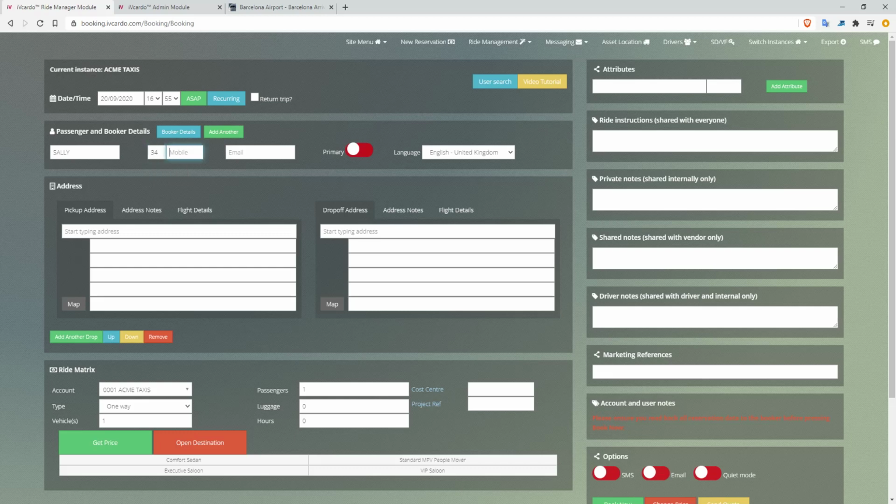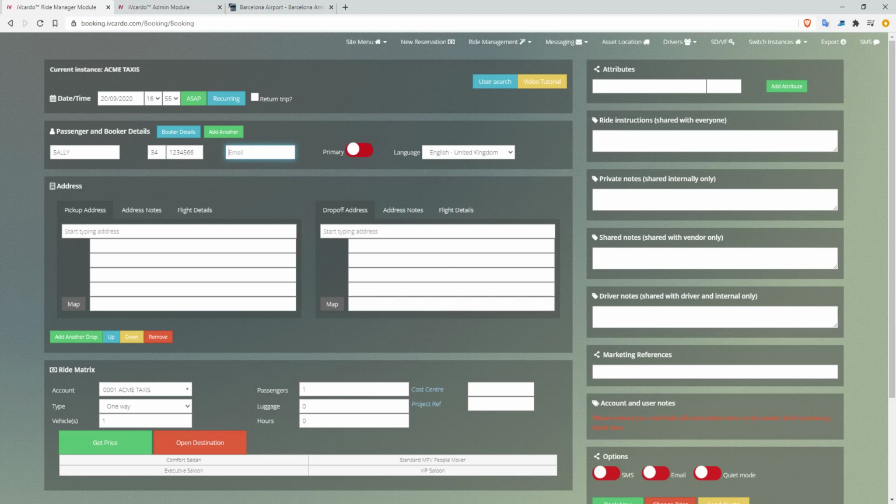It's important to send communications by SMS to the customer: booking confirmation and vehicle status, en route, arrived. And then obviously the mobile number. Email address, again, sends communication, so booking confirmation email, like a voucher, to the email address,